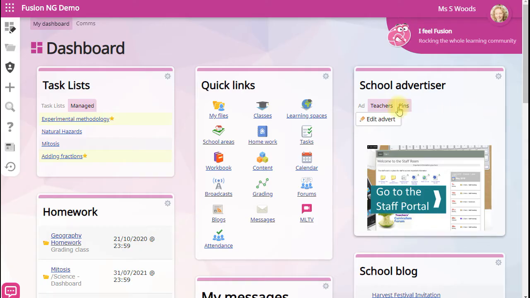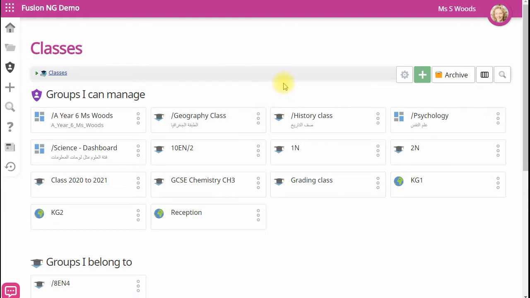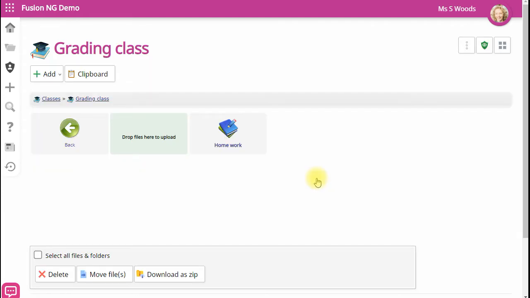There are 4 places in Fusion where you can upload and store files. There's My Files, which is just for you, and then to share with others we have classes, learning spaces and school areas. I'll just go into a class, and you can see in here that this is an empty file